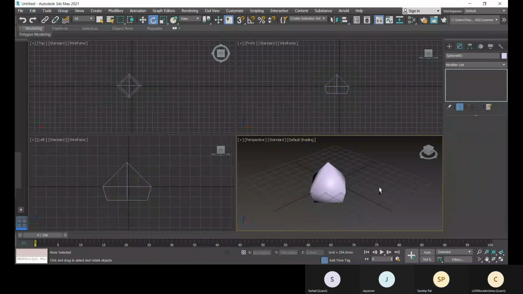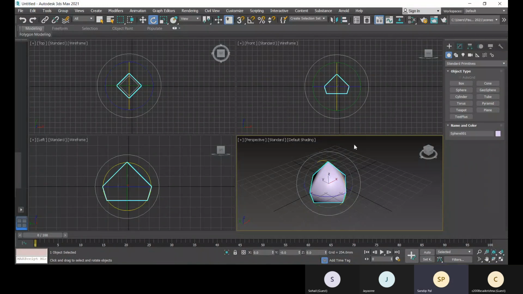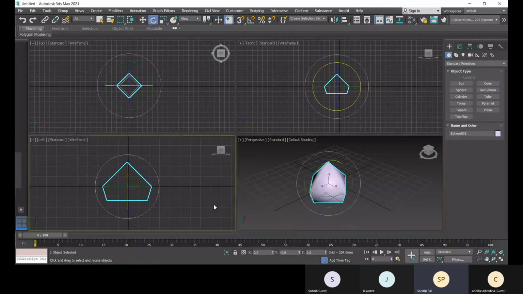These are the axes. Now, if you want to rotate with precision, or move with precision, or scale with precision, what are the steps you should follow? For rotate, there is an angle snap toggle, so you have to turn it on.